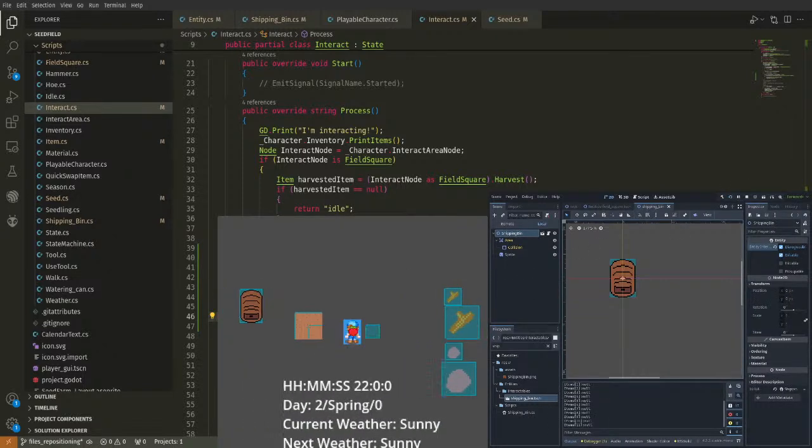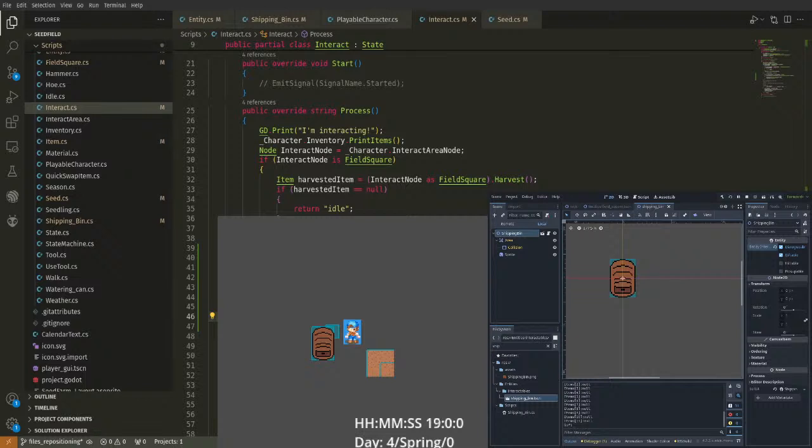So if I were to grab this power berry and drop it here, I have gifted it to my shipping bin. Very, very cool. I think the next step would actually be to